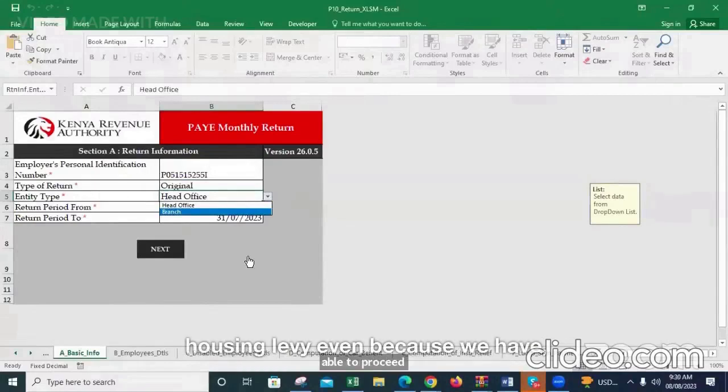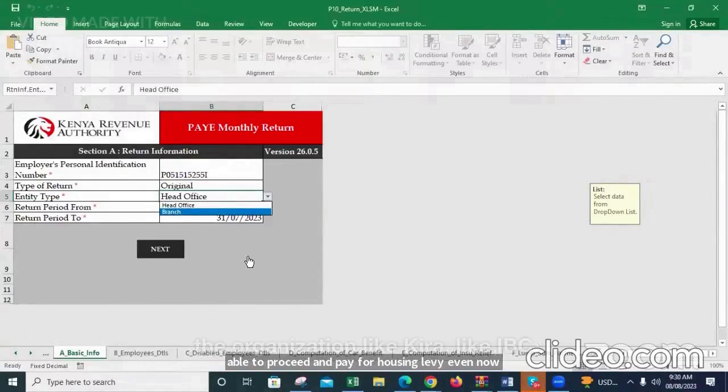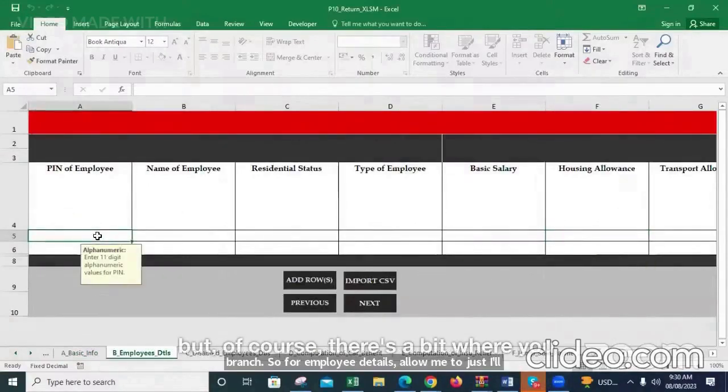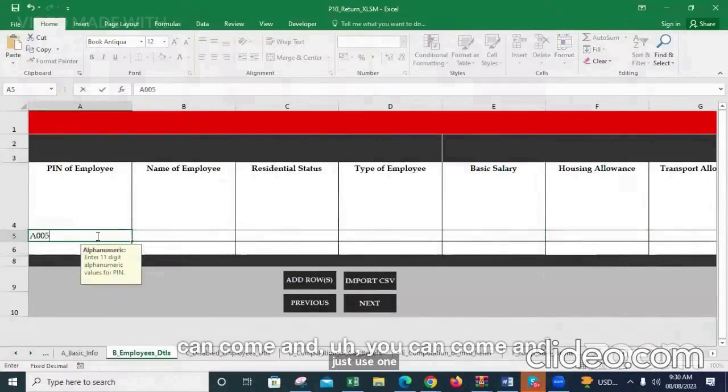and also you should be able to proceed and pay for housing levy, even because we have churches and organizations like KERA, like IBC. They have various branches in all their regions, and now they can also file as a branch, which is already enabled in iTax, and they can make payments either at head office or as a branch. So for employee details, allow me to just use one PIN,